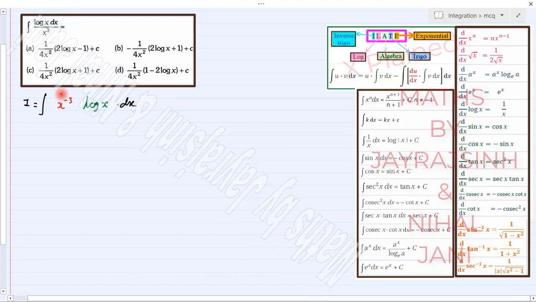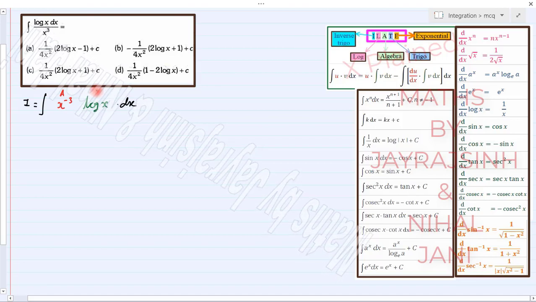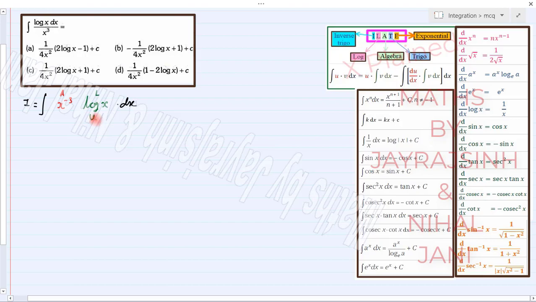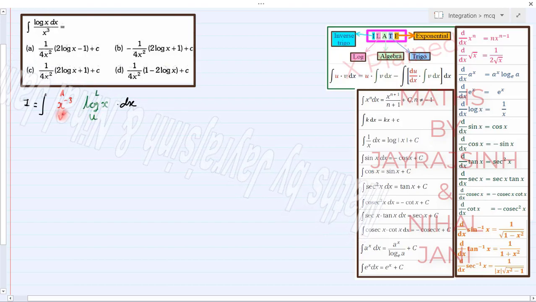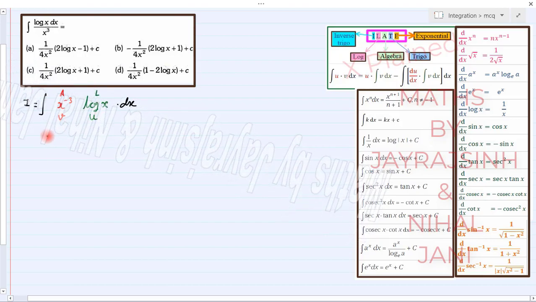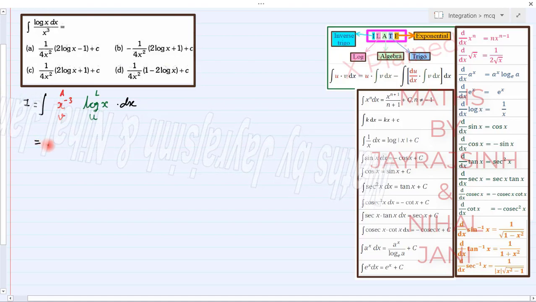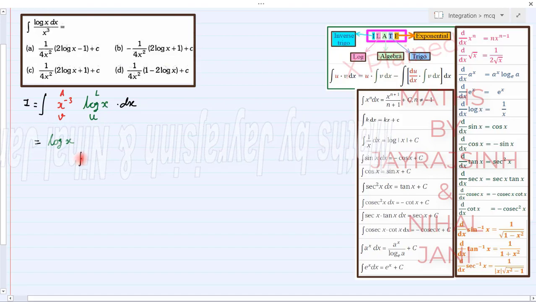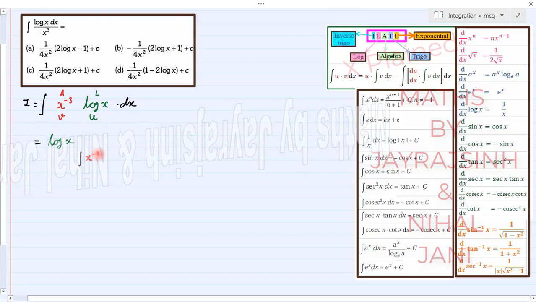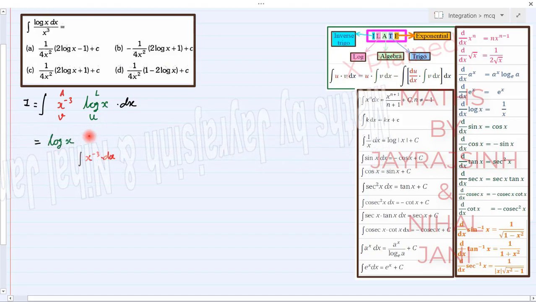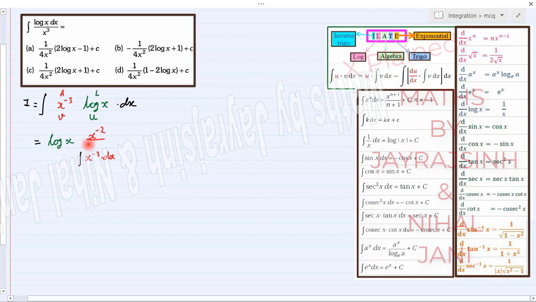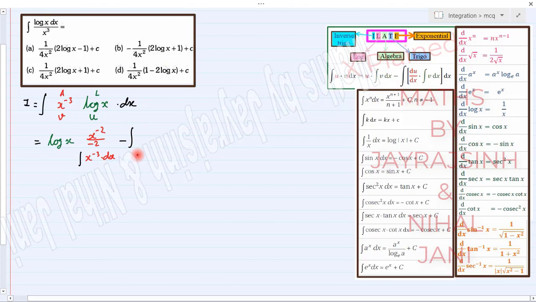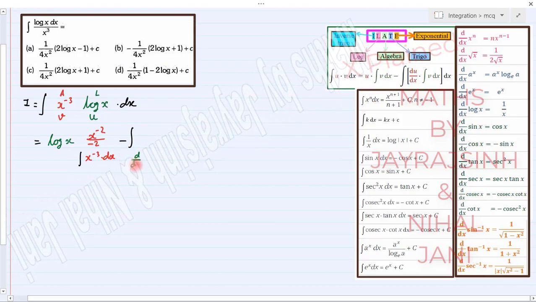Here x raised to minus 3 is your algebraic term and log x is your logarithmic term. So we will select log x as u and x raised to minus 3 as v. So let's apply the formula. In first term, your u will be as it is. We have to integrate your v, which is x raised to minus 3. So its integration will be x raised to minus 2 upon minus 2 minus integration of differentiation of u, which